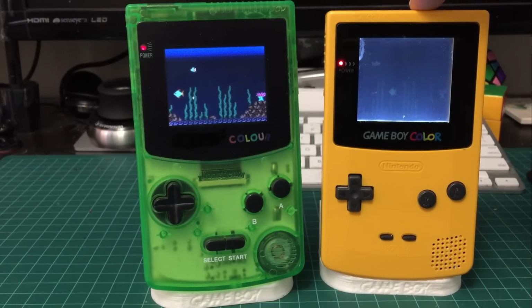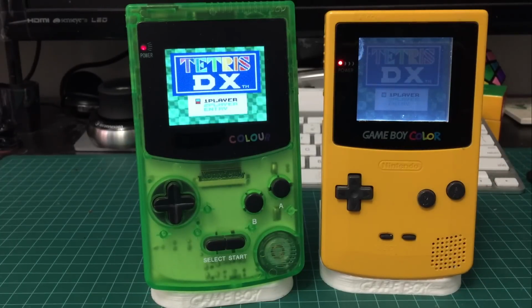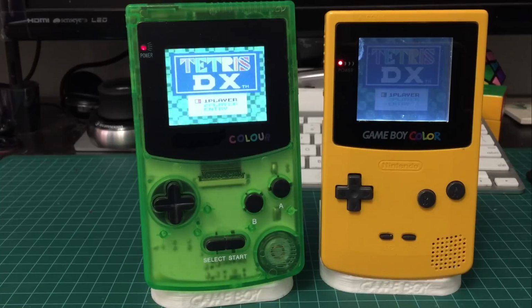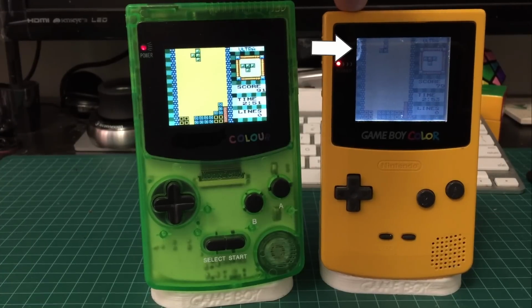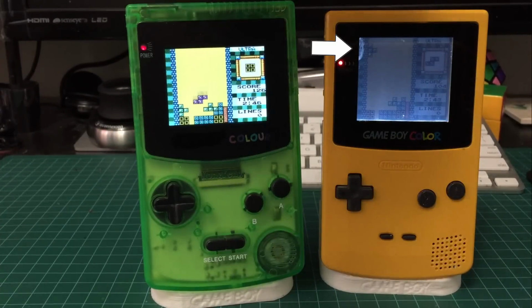And even with the LOCA, you can see that it looks faded. It's not as good as a true backlight or a backlit screen, and you can see there's a lot of bright lights on the bottom here. And what you're seeing on the screen here is exactly what I'm seeing in real life. I'm looking through my camera's LCD right now, and in the top left here of this Game Boy Color, I kind of messed up. I didn't add enough LOCA, so it ended up looking like that in the top left. Kind of screwed that up, but anyways,